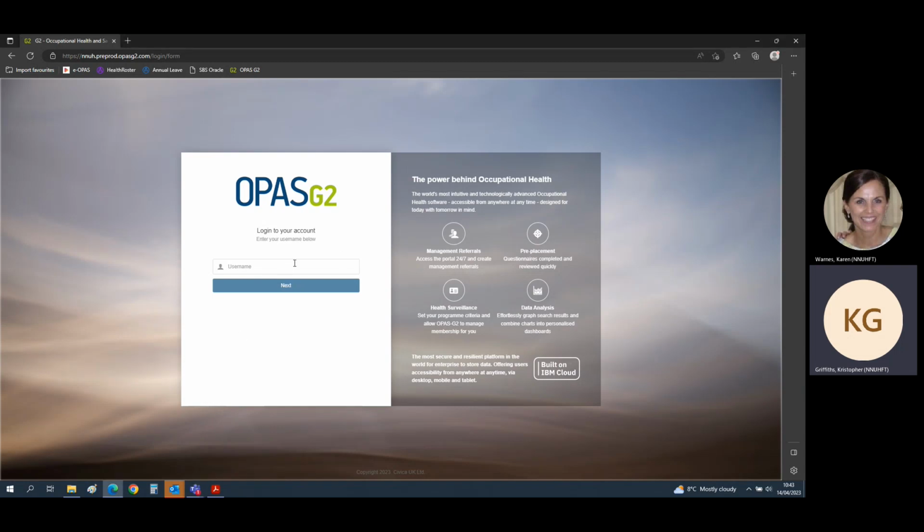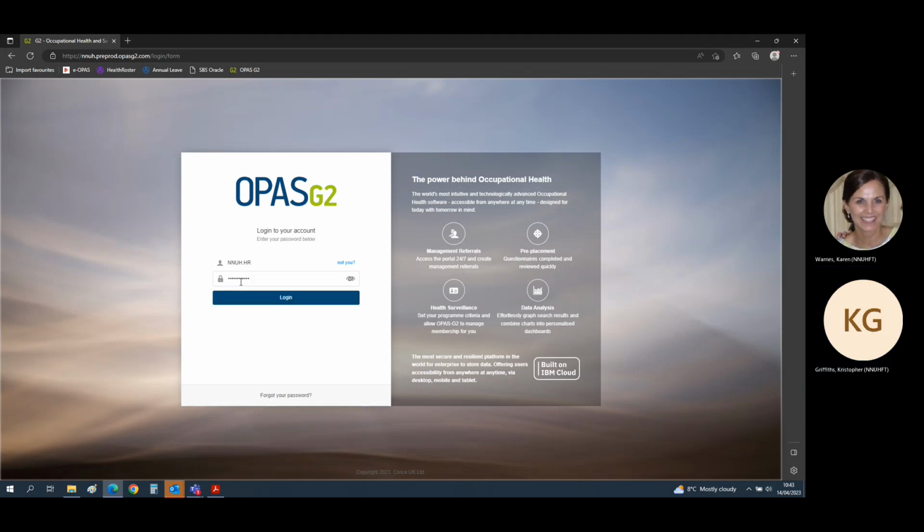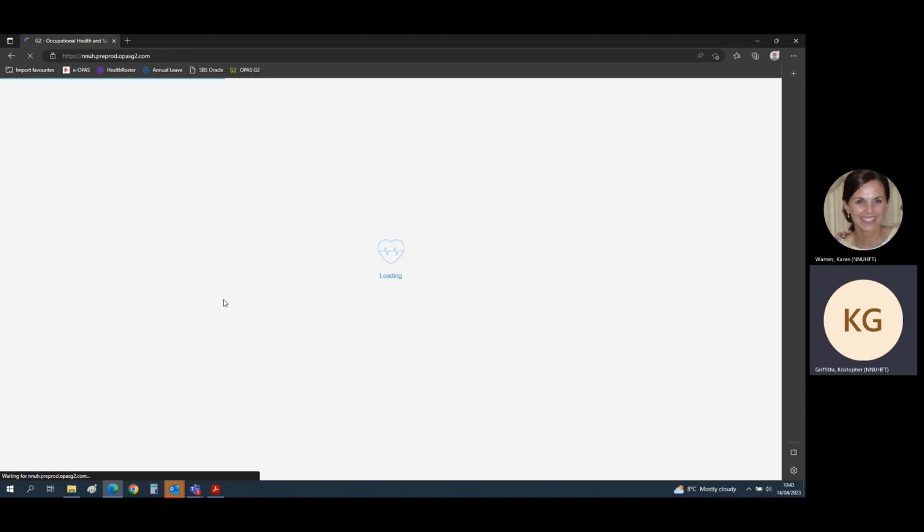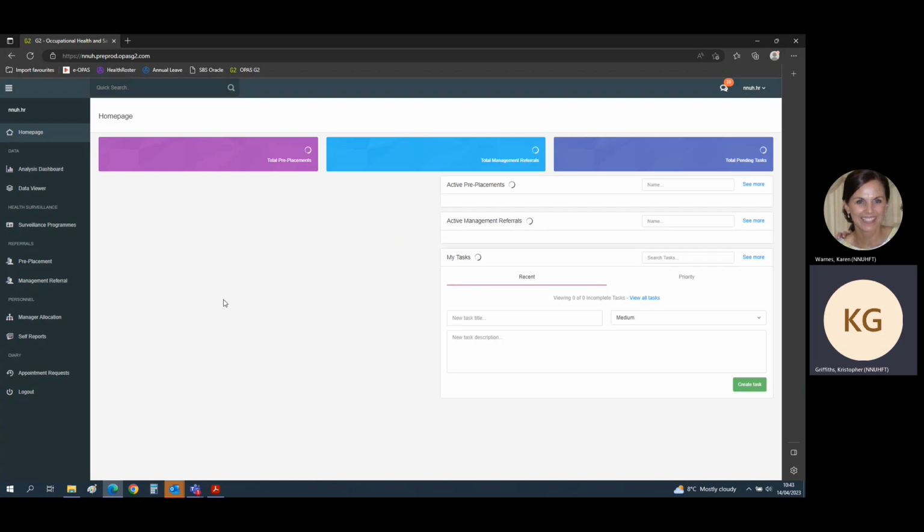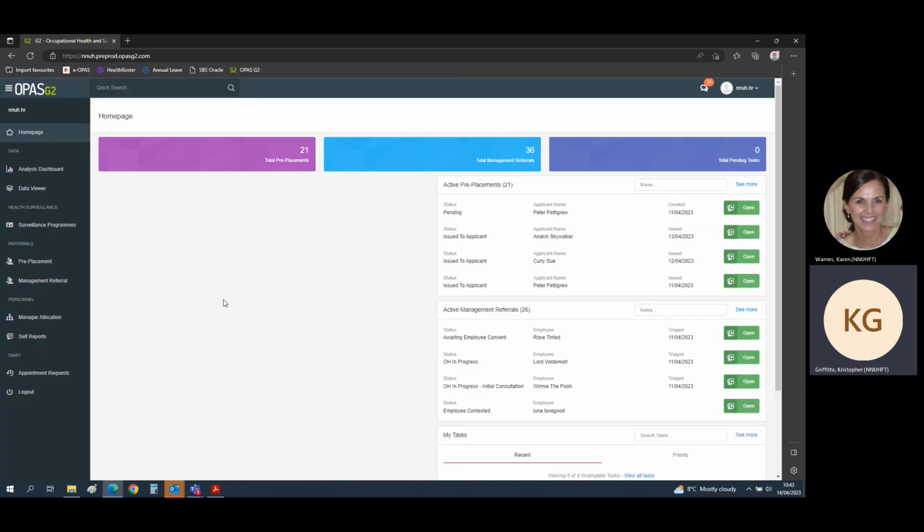So for today's example, we will be logging in as an HR advisor for our own host trust, the NNUH. So you simply, at this login page, type in your details, which you will get, of course. When you first log into the G2 system, you will see a homepage dashboard, which will give you an overview